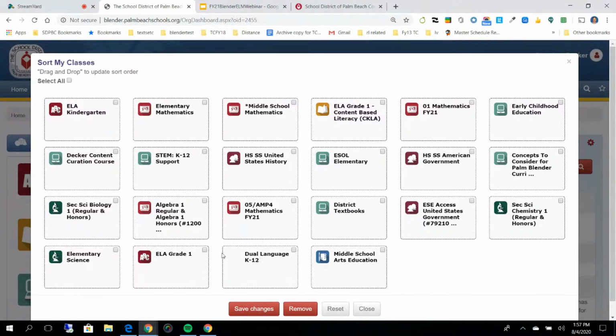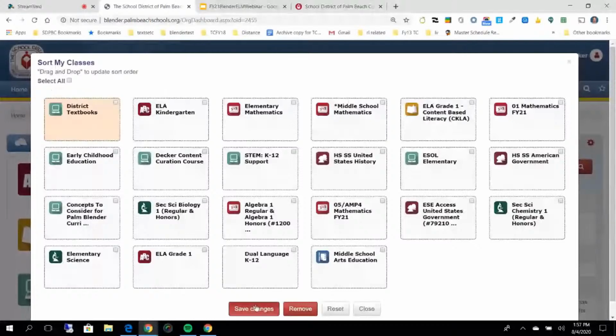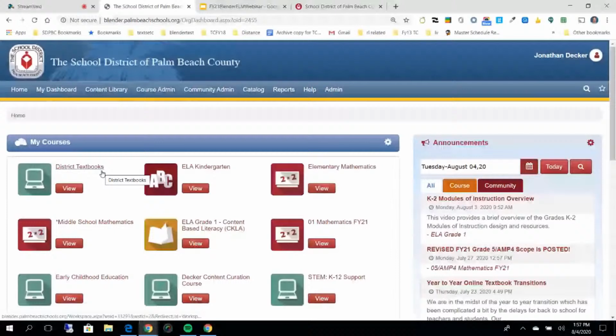The way Blender will work is it takes your first 12 courses. Those will be visible to you on the first page. And if I want to move district textbooks to be a more frequently accessed course, you can see I now have access to that district textbooks course on my page.